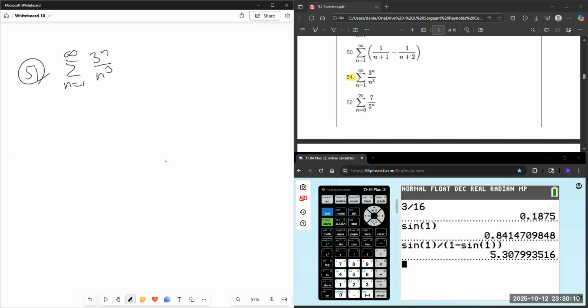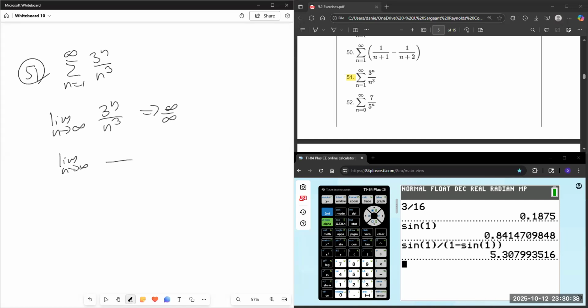So let's try and look at the nth term test here and see what's happening. Okay, so this is approaching infinity over infinity, so I use L'Hopital's rule,